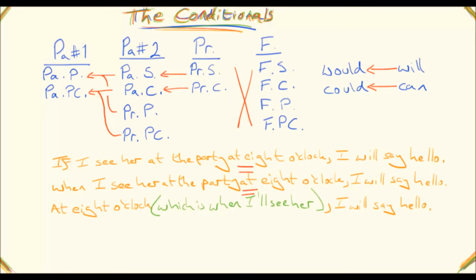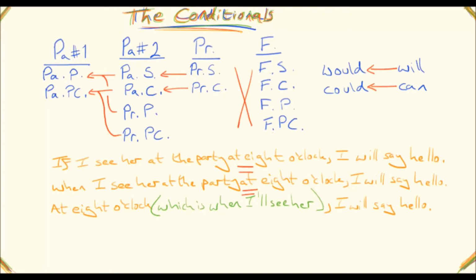I've written 3 sentences here. Well, if I see her at the party at 8 o'clock, I will say hello. In all of these sentences, the "I will say hello" is the main clause. Let's focus on the other clause for the moment: if I see her at the party at 8 o'clock,